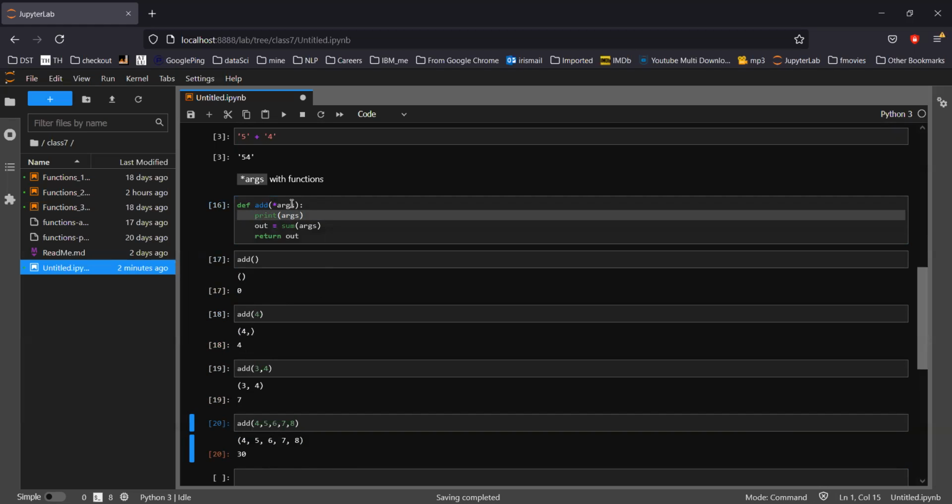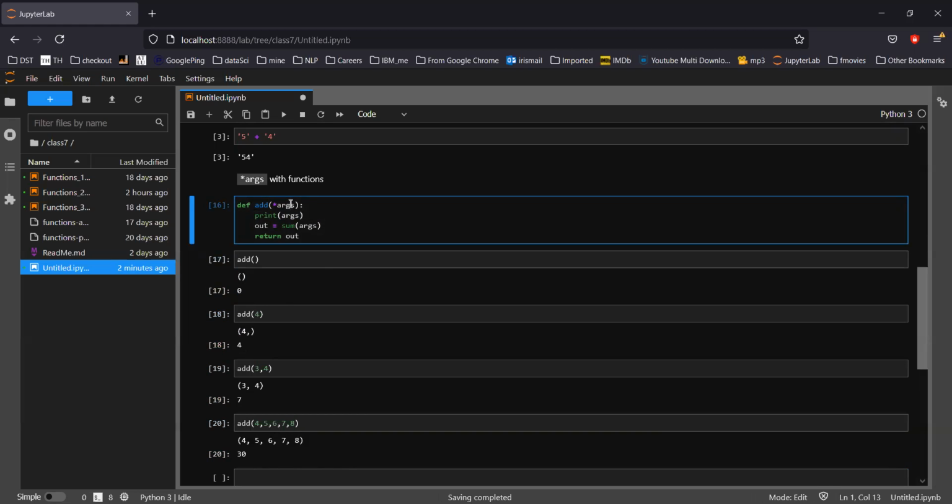So what it is doing, when we are using star args, it is taking all the inputs and assigning those inputs to this variable. Args is a variable. By putting a star, Python treats it as if this variable can expect anything: I'm ready to go, I can go for anything. So it creates a tuple. This is called a tuple. If you have seen in the list class section, there is a tuple IPYNB file there. You can go through it. A tuple is more like a list, so you can treat it like a list, and that is why I simply print it, so it has printed it.